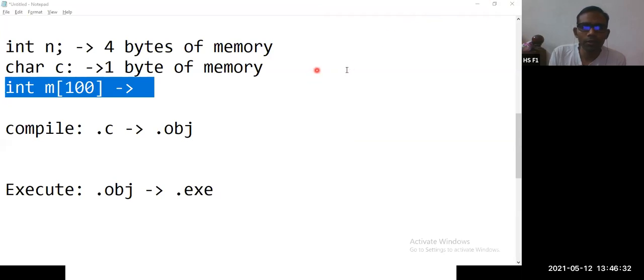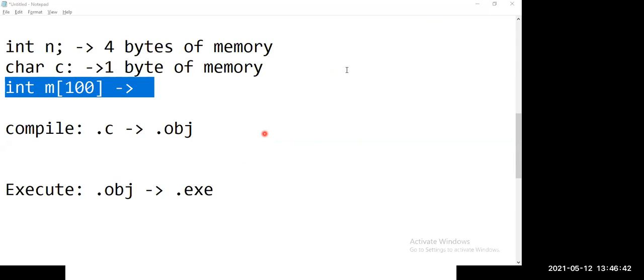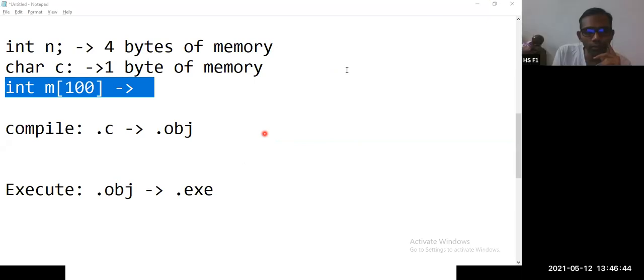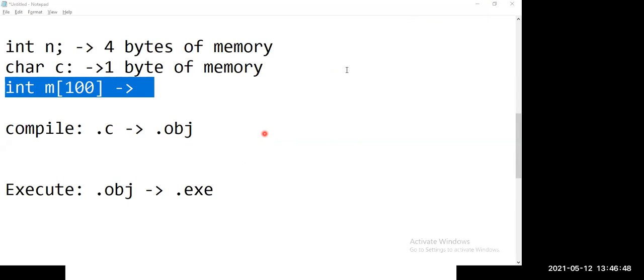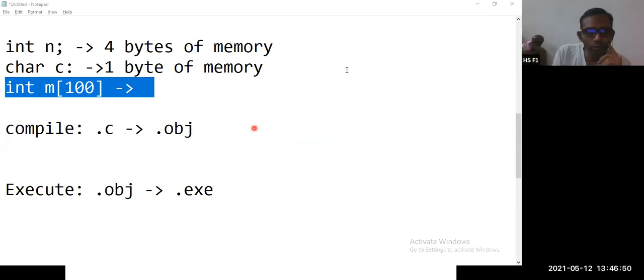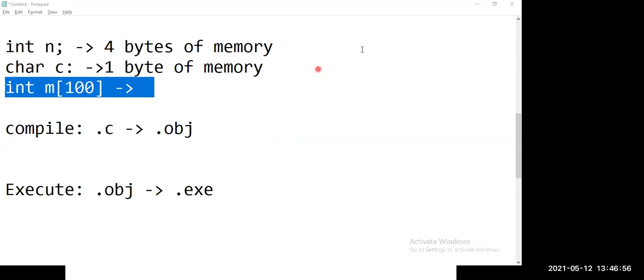$99. No, wrong answer. Not 99. 41165. Are you there? Yes, sir. How many bytes? Just make a guess. So maybe 10. No. 4. 4 bytes is also a wrong answer.